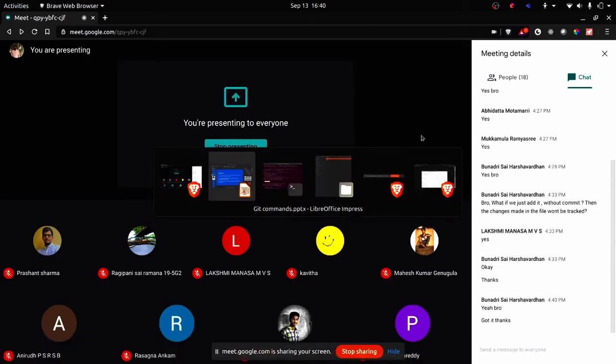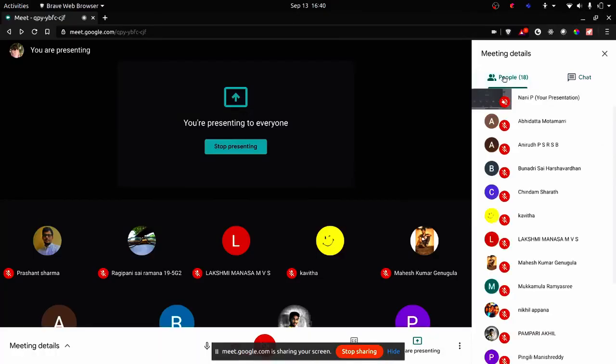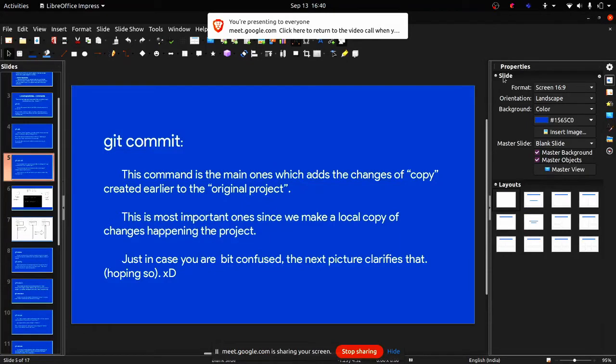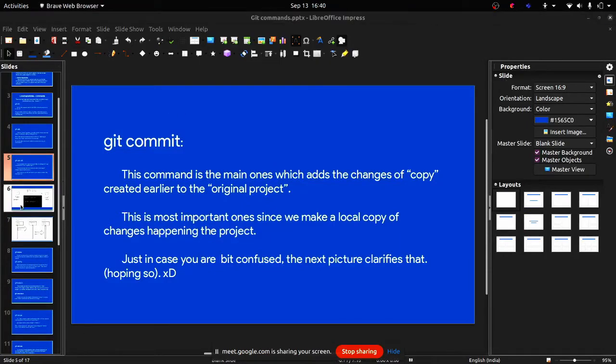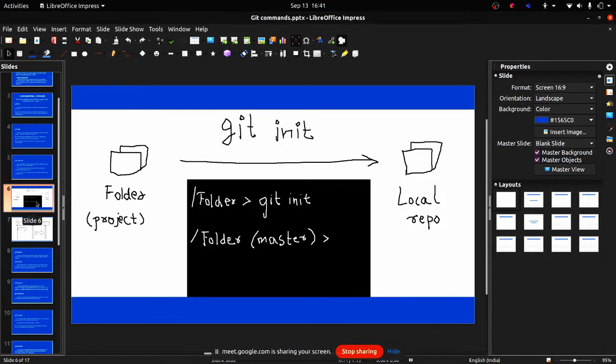I was not actually focusing on the chat window because I don't have a dual monitor or something. I'm just watching the PPT as all of you are. I would prefer people speaking right away instead of putting it in chat. But it's not a problem; if you want to use chat, you can, and someone can let me know about that. This is the worst way of explaining something, but I did it anyway.